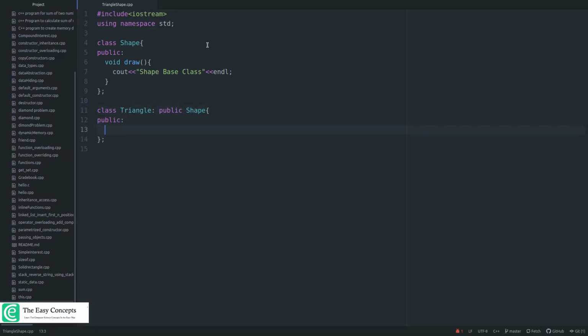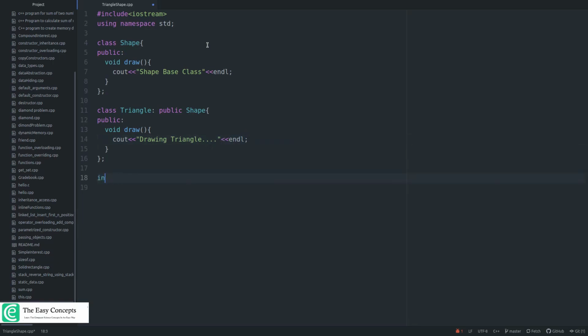But here you have to override the draw function so that you can implement your own functionalities. I am not drawing anything here. You can make this function draw something, but just pass a message, "drawing triangle". So just looking at this message you can understand that a triangle is being drawn by this.